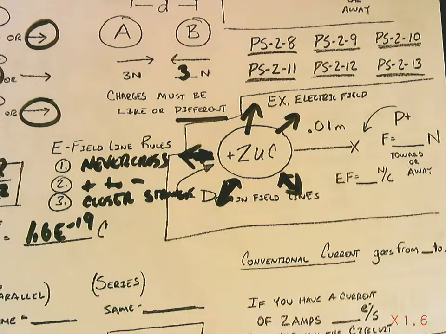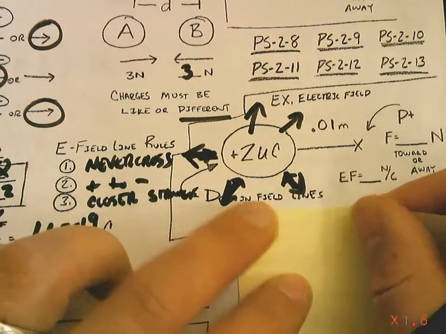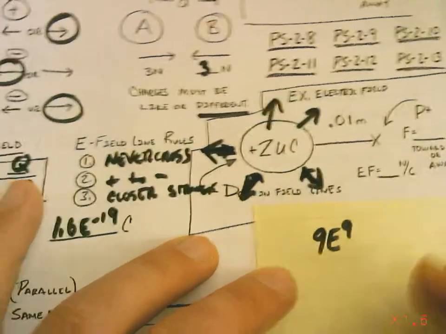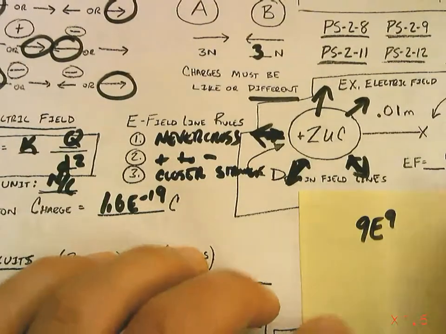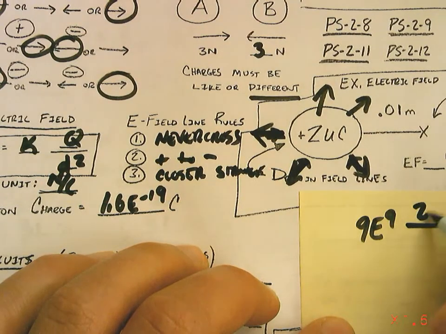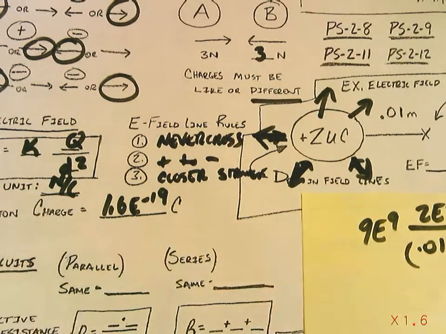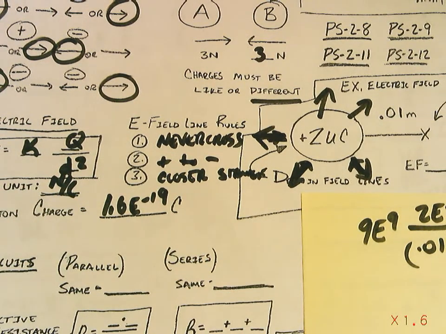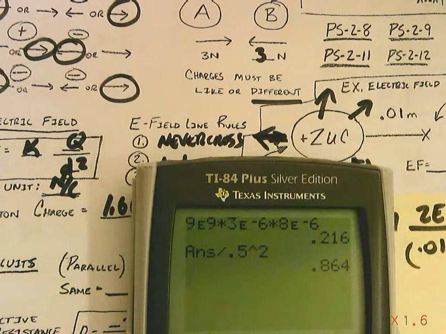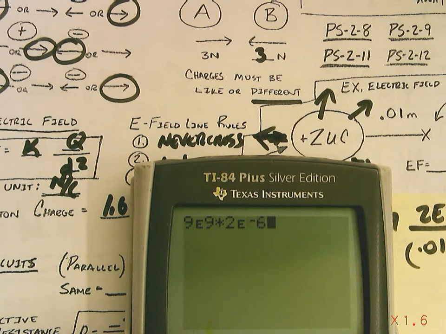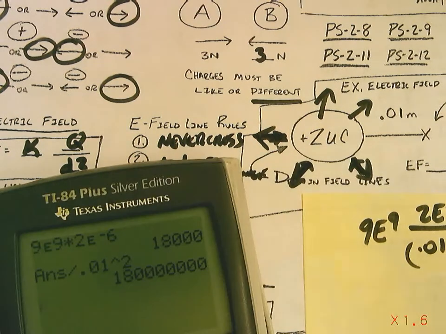So we'll have to use that same equation that we wrote out earlier on the left side. So we say 9e9, which is K, times Q. Just make sure you can see the equation. Q is the source charge, so that's 2e negative 6. And we have the distance of 0.01, and we square that distance. That's in meters. That'll help me figure out what the electric field is. So 9e9 times 2e negative 6 coulombs divided by 0.01 squared is this huge number, 1.8e to the 8th